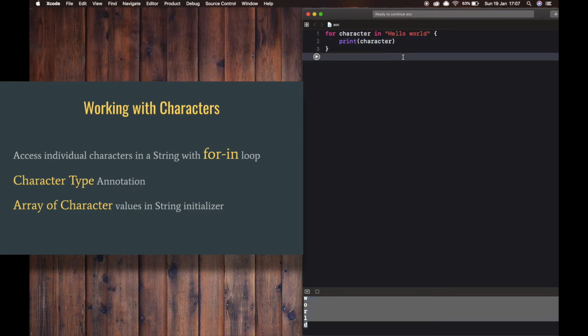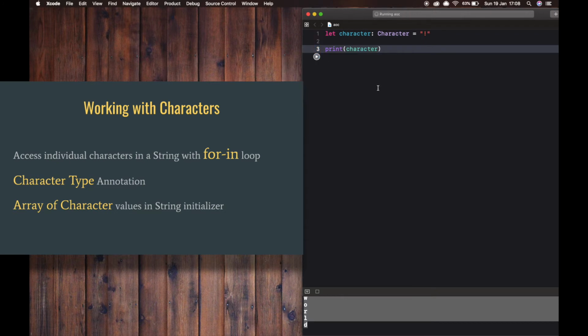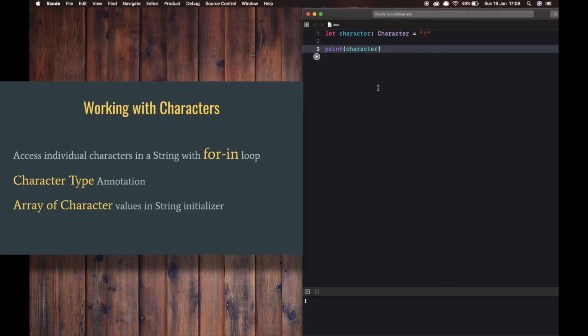This is one method of getting the characters in a string. And next, you can create a standalone character constant or variable from a single character string literal by providing a character type annotation. For example, this is one method of creating a character.